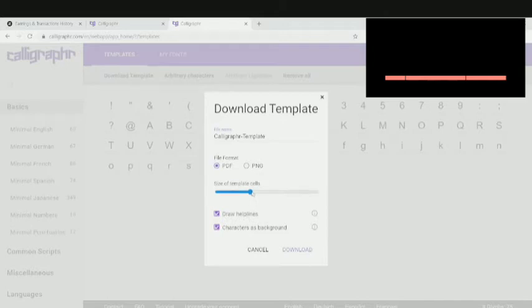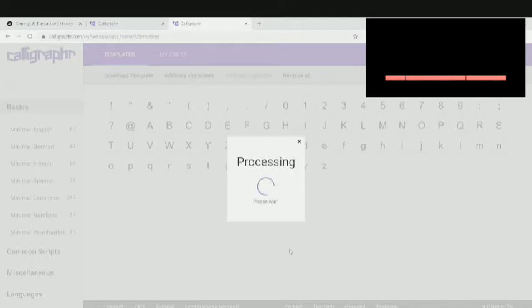and then I can make according to it. You can choose the size of the template cells, like you can increase the size or decrease the size, whatever way you want. I'm going to be picking up a PDF. You can pick up a PNG as well, but we're going to go with the PNG because we're going to be using some software to create our fonts over this template. I have increased the template cell size, and then I'm going to click over to the download section.